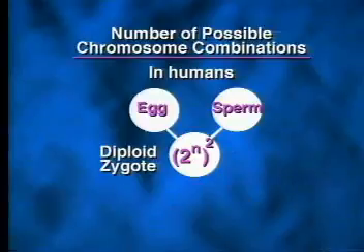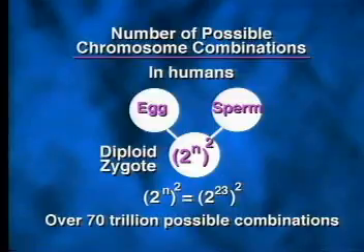The number of chromosomal combinations in a diploid zygote is 2 to the nth power squared, where squaring represents a union of gametes from 2 different parents, male and female. For humans, this is 2 to the power of 23 squared. A fertilized egg could then contain one of more than 70 trillion genetic combinations. Genetic variability in sexually reproducing organisms is enormous.